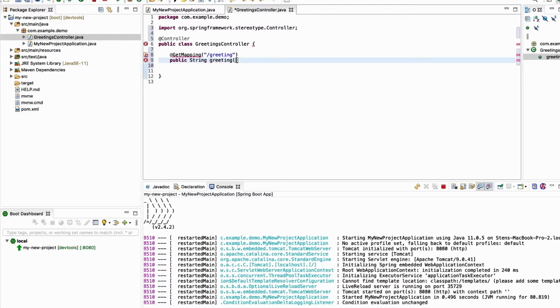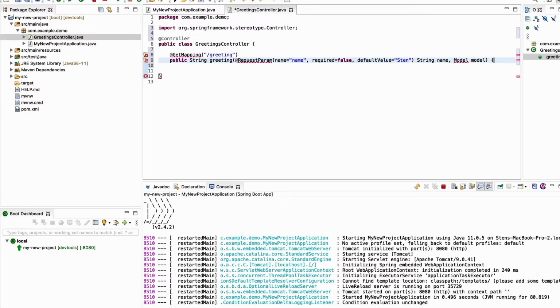So we have a method called greeting. It takes something called a request parameter, which we'll call name. The name is name, and we're going to say it's not required that you put in a name. You're not required to tell the web page your name, but if you don't, I will default. I will have it call you Sten. So there you go, because that's my name. And so String name, Model